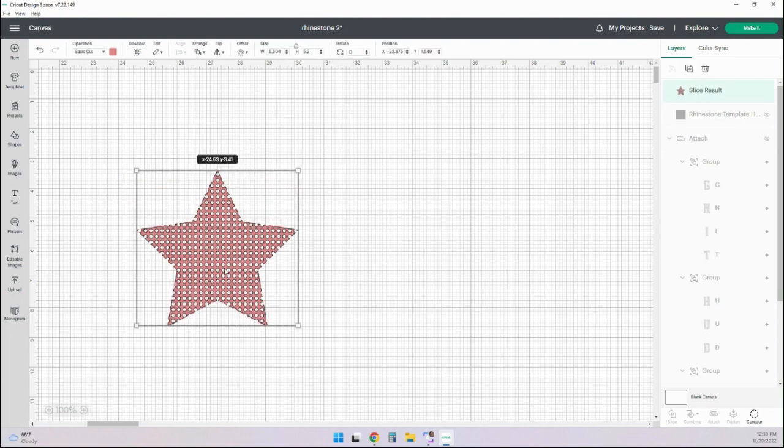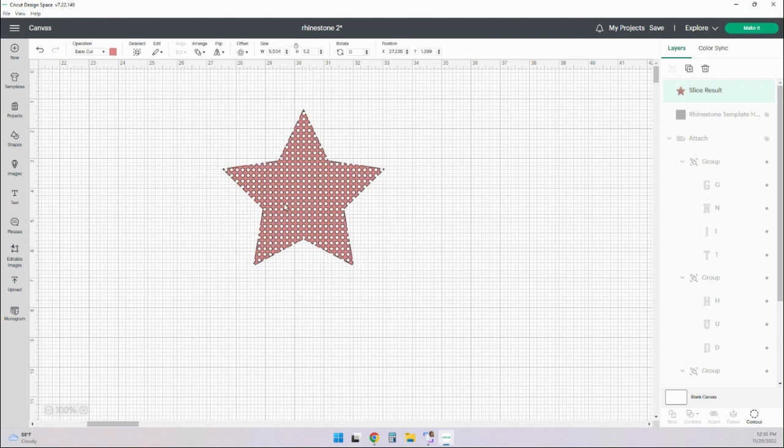And then here is our template. Now, if you take this template, this is actually going to be perfect to fit your SS10 rhinestones. But if you go ahead and cut this at this particular point, the star will get cut right out of whether you're cutting it on cardstock, glitter cardstock, or the rhinestone template material. It's going to cut it out of that material completely